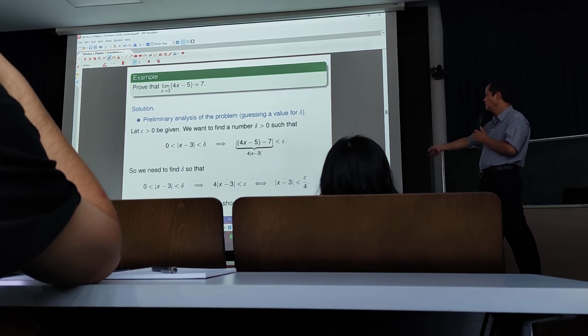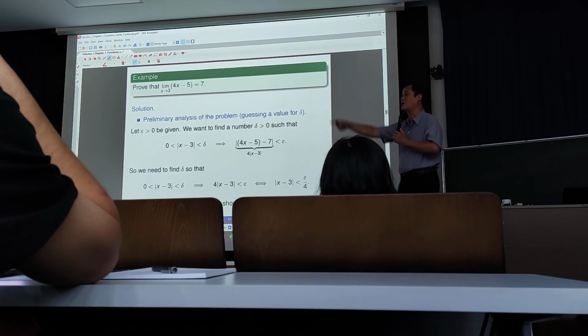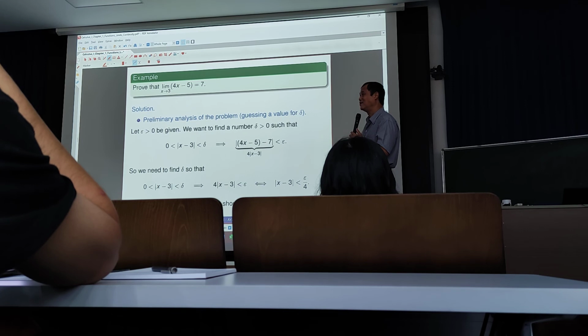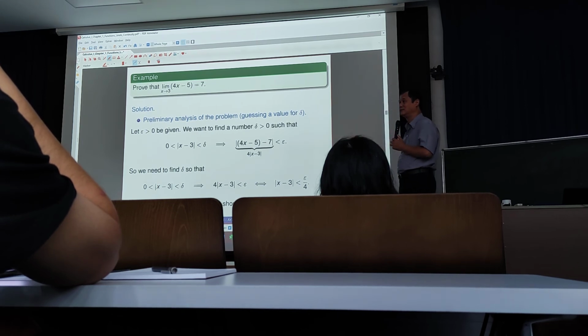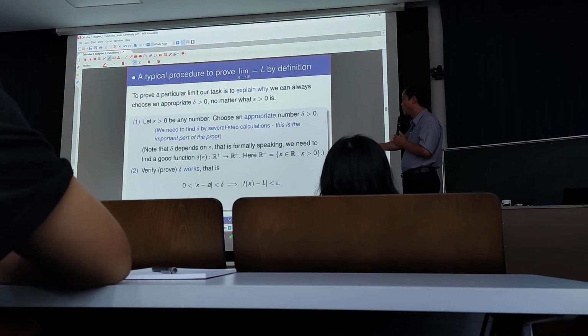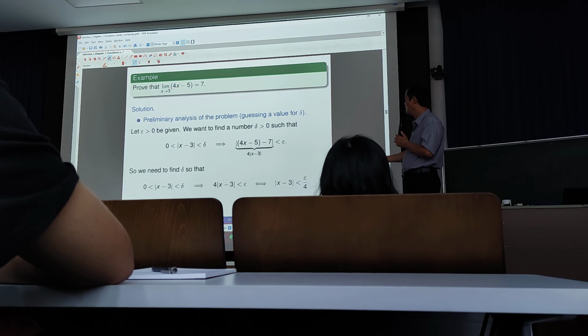So, you choose epsilon over 4 every time the first player gives epsilon and goes out for a drink. You say, don't go, wait. I give you my answer: 1/4 of your epsilon. But this is guessing. Now you have to follow exactly this step to prove your delta, which is epsilon over 4, works. So you see, what is that?